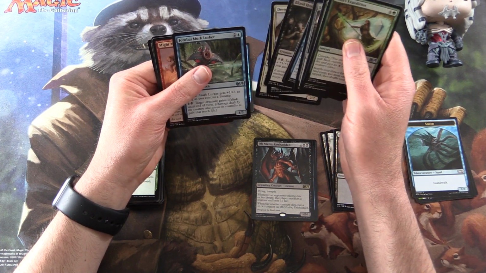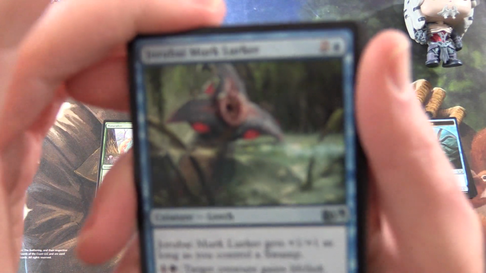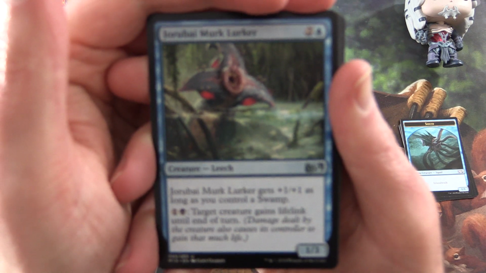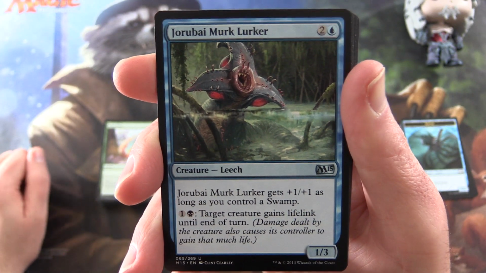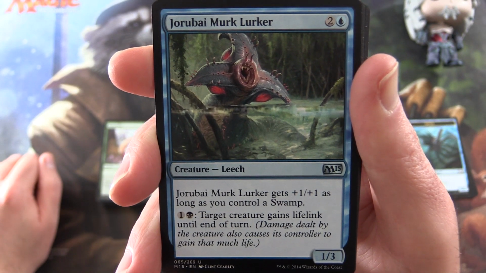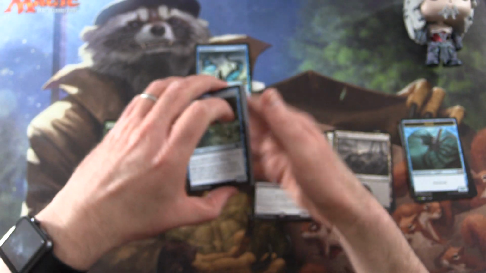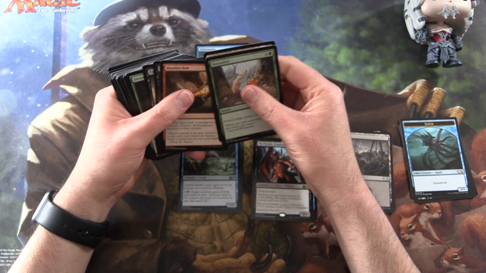Let's take a look. Yes, this fine young fellow, or old fellow, I don't know how old he is. The Morabai Merc Lurker. So this is a creature leech. He's a 1/3 for 3 mana. He gets +1/+1 as long as you control a swamp. And for 1 in a swamp, target creature gains lifelink until end of turn. So damage dealt by the creature also causes its controller to gain that much life. Okay, so disgusting artwork there, but still he is very noticeable. And then in the